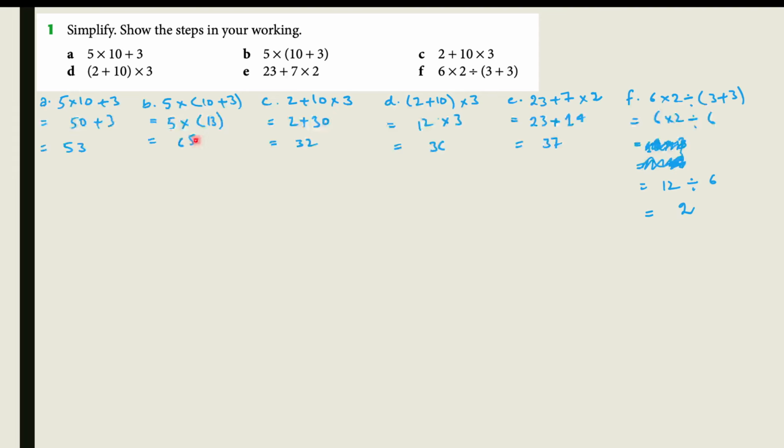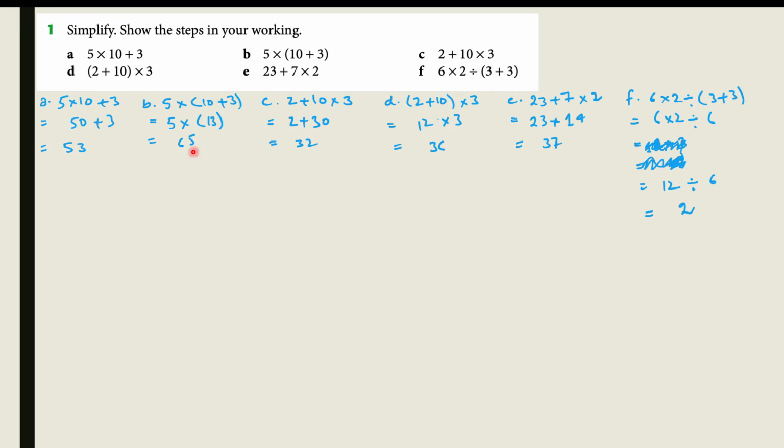If we compare this with the first part, we get totally different numbers. That's why we can say that brackets are very important and very powerful, because they can change our solution. Here it's 5 multiplied by 10 plus 3, and here 5 multiplied by, in the brackets, 10 plus 3. So you see, with the brackets